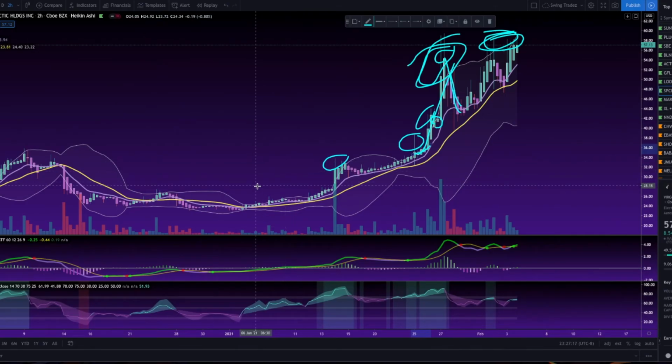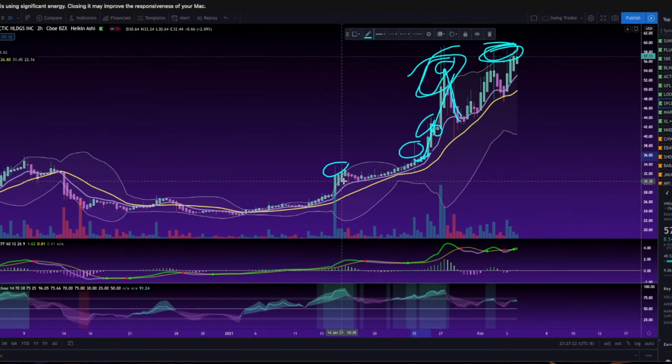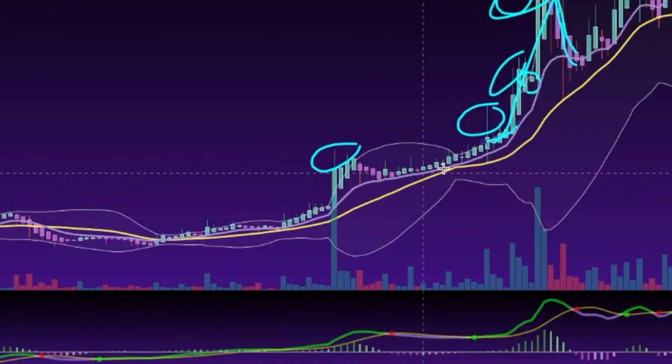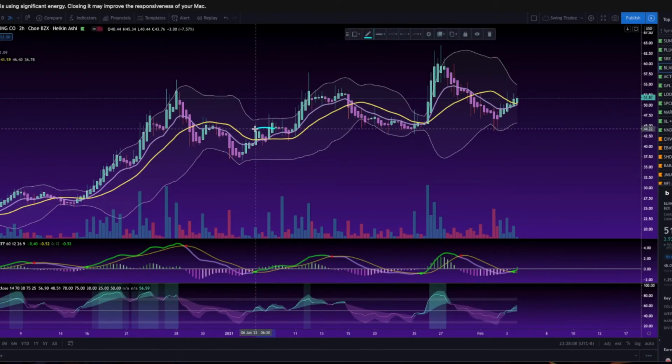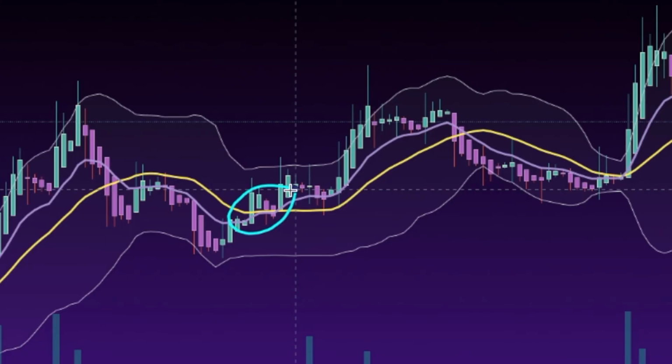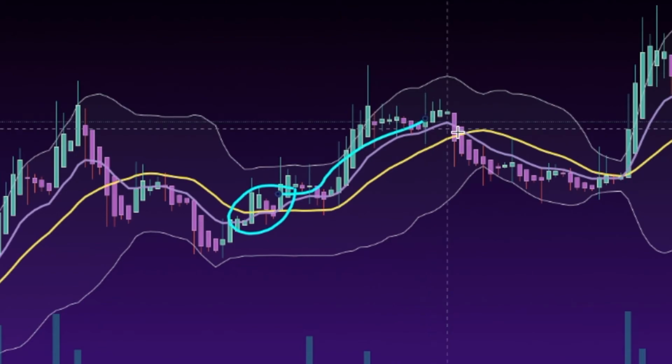Also touching briefly on this SMA, I use the 6-day or 7-day SMA. This yellow line is the 20-day SMA, but whenever these lines cross, when the 7-day crosses the 20 and the 7 or 6-day SMA is above the 20, that usually indicates a bullish cross. Quickly look at here, on Blink we got a bullish cross right here, the 6-day SMA with the 20-day SMA, and then we got a little bit of a run, and then we got a bearish